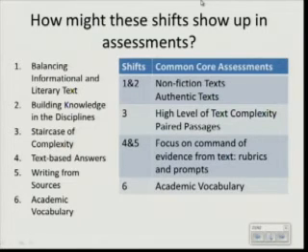When we look at the complexity of those texts and the grade level reading, you're going to see that same level of complex text used within those assessments. Shifts 4 and 5, using the text within our writing and to gather evidence, you'll see both in the expectations, in the evaluation of those assessments found in the language of the rubrics, and also the prompts that are given to students. They'll be asked to use evidence from the text. And then finally, there will still be that focus of academic vocabulary within the assessments.